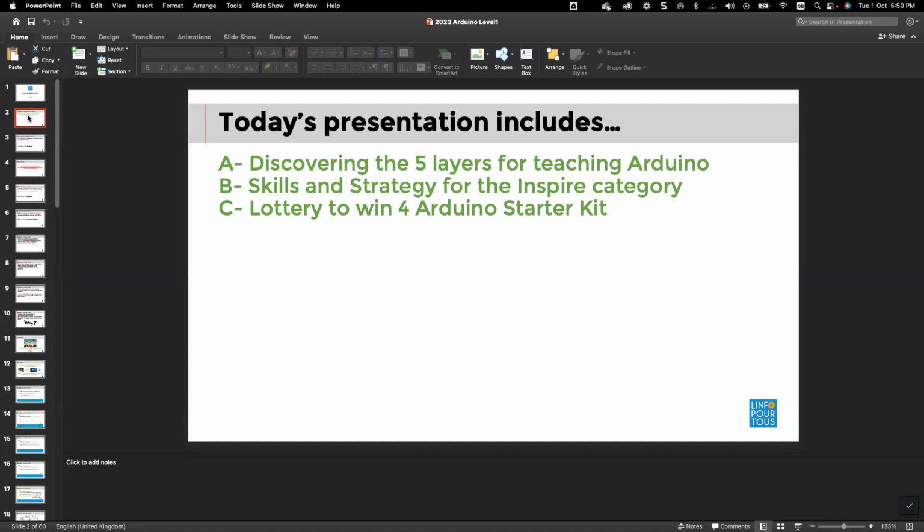But we have to distinguish between two parts in Arduino. In grade 7, 8, 9, we have to follow a specific path or philosophy of teaching, which is by simulation. I mean, students are asked to work on tinkercad.com without building the Arduino circuit with hardware. And starting from grade 10, 11, 12, students are asked to use the hardware in order to build Arduino projects.